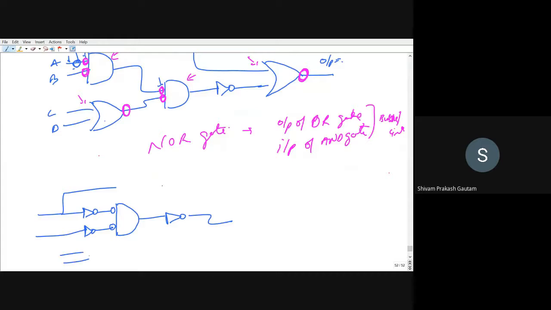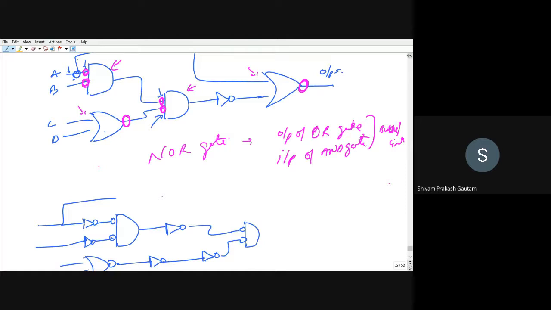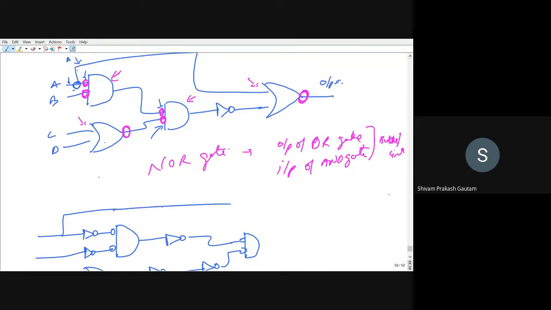And here OR gate is there. Circle we have added here. So inverter has to be added here. And one inverter more has to be added because of this circle. So two inverters will be there. And then it is flowing through the AND gate. Right? And this line will be same as it is.